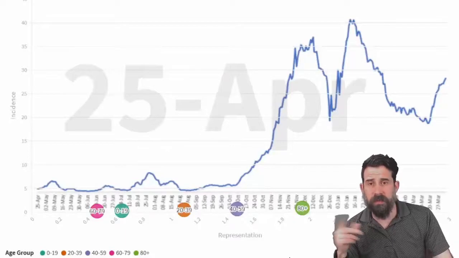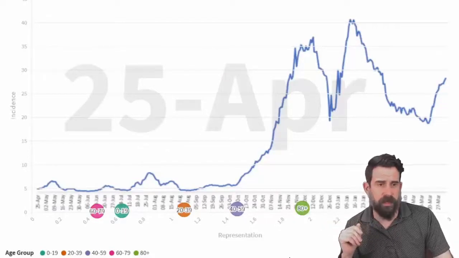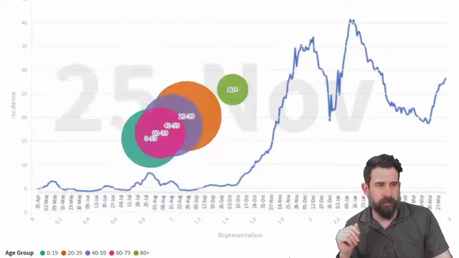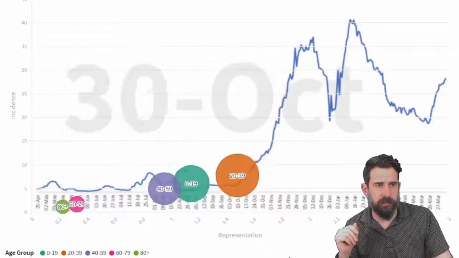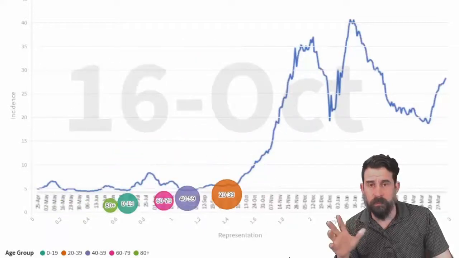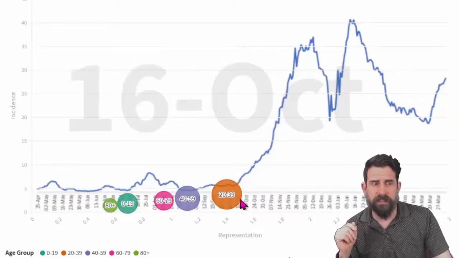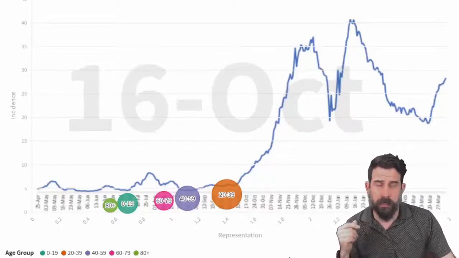Okay, so all of that skidding around, we're going to skip over that, and what we're going to jump into is the start of our second wave. What we're going to see is we've got more cases in the 20 to 39-year-olds, public-facing, frontline workers, people in